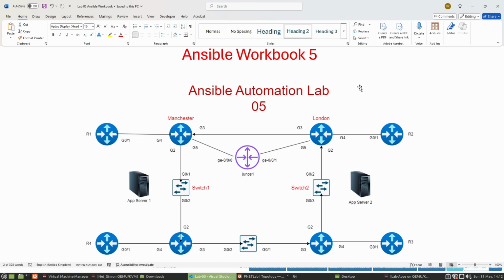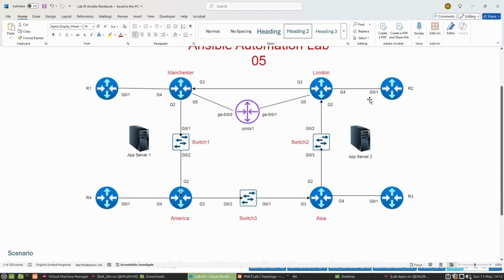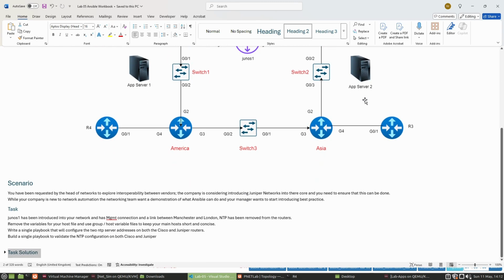Okay, so if we look at our Ansible automation lab at number 5, we can see slight differences. We have the addition of a second app server, which we're not going to configure. And we have the introduction of a Juniper router as well, Junos 1, as we can see connected between Manchester and London. So in this scenario here, we've been requested by the head of networks to explore the interoperability between